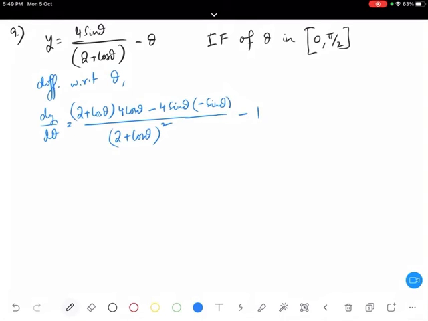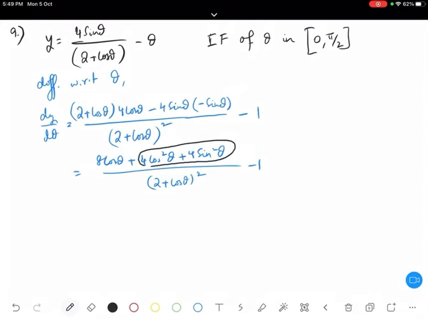Now let us simplify this one further. So what do you get? Let us multiply 4 into 2 cos theta, that is 8 cos theta plus 4 cos square theta, plus 4 sin square theta divided by 2 plus cos theta whole square. We should have done the square. Now you see one thing, 4 cos square theta plus 4 sin square theta. If I take 4 common, I will get this one as 1. So I get 8 cos theta plus 4. Now if I do the LCM, what I get? 2 plus cos theta whole square. I'm doing the LCM. So what I get? 2 plus cos theta whole square. This is what we have.